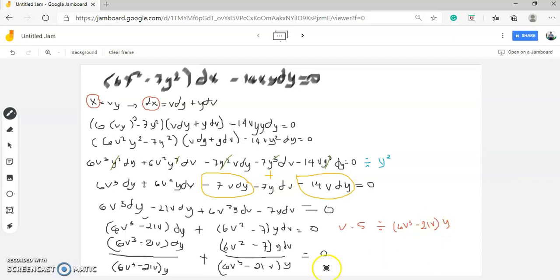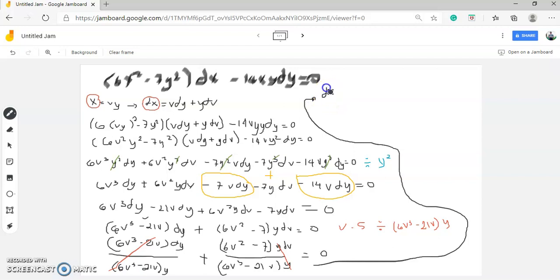Obviously, 0 divided by this is still 0. So this one will be divided to this, and this y will be divided to this. Therefore, what remains in our equation is dy over y next plus 6